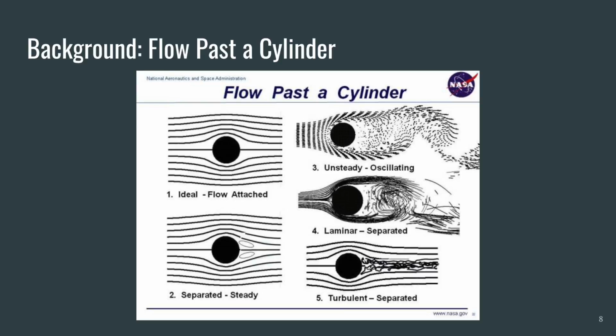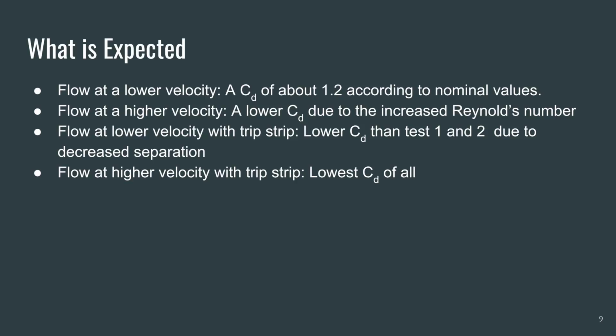With regards to tripping the boundary layer, drag depends on the flow in the boundary layer. It is observed experimentally that a roughened cylinder or ball will transition to turbulent flow at a lower Reynolds number compared to a smooth cylinder or ball. It was expected that a high Reynolds number would result in a lower coefficient of drag due to reduced separation. With the addition of the trip strip, the coefficient of drag would be further reduced from the more turbulent boundary